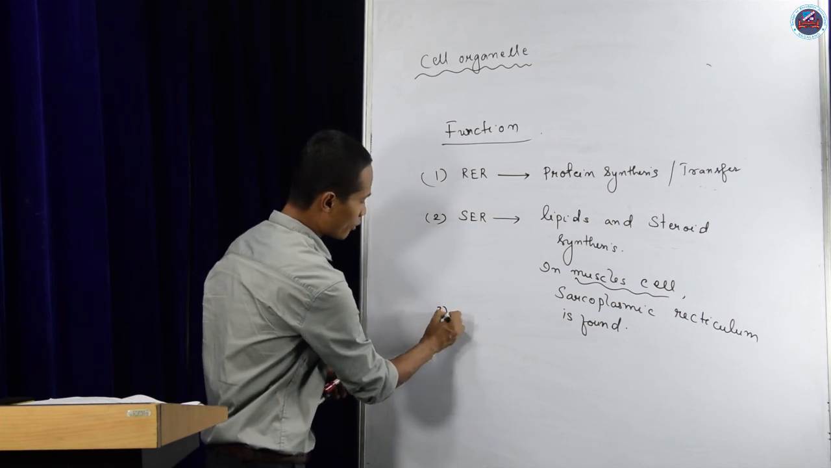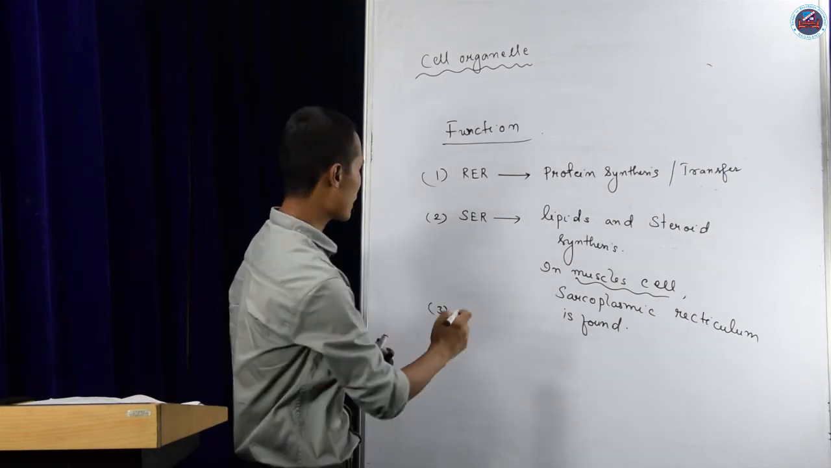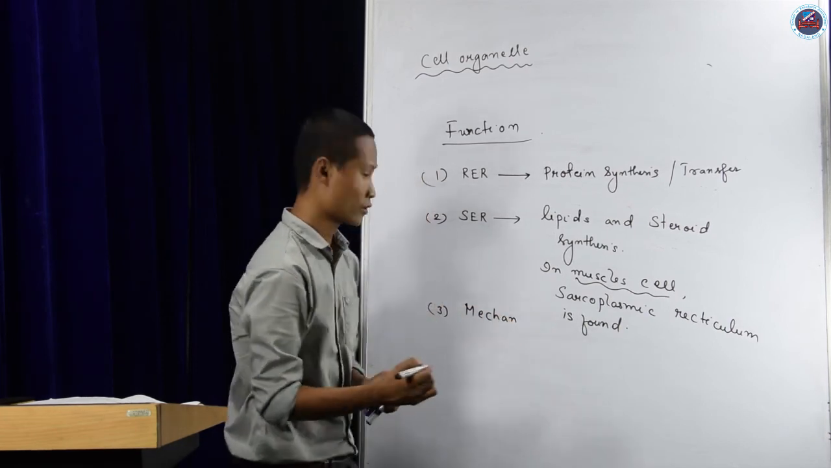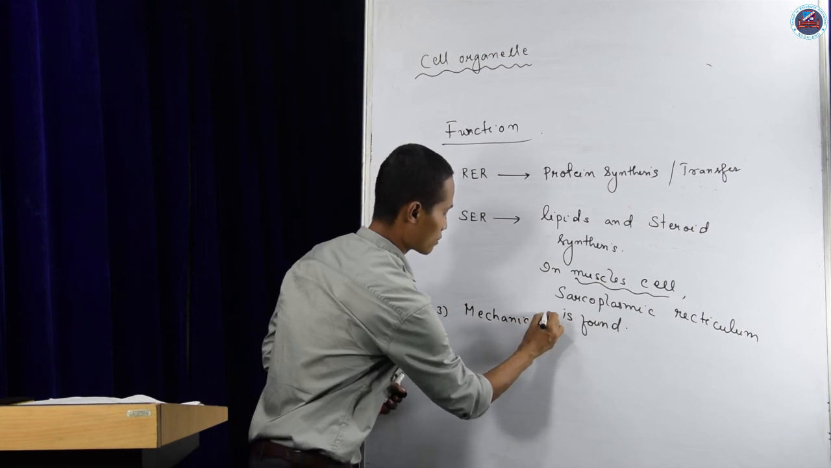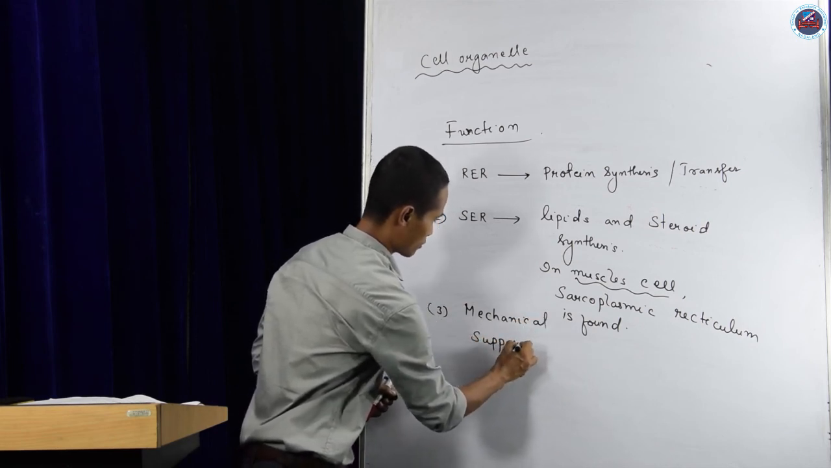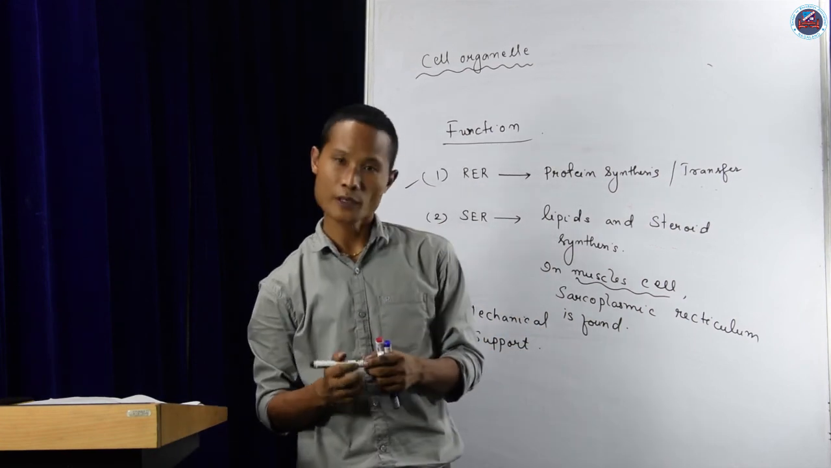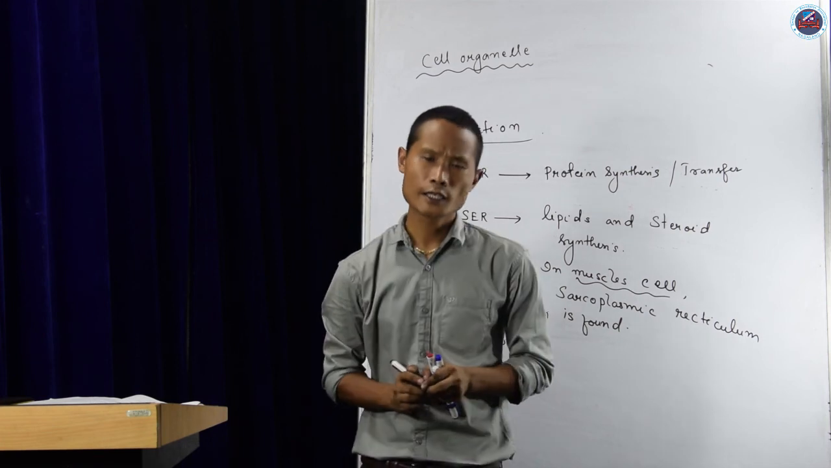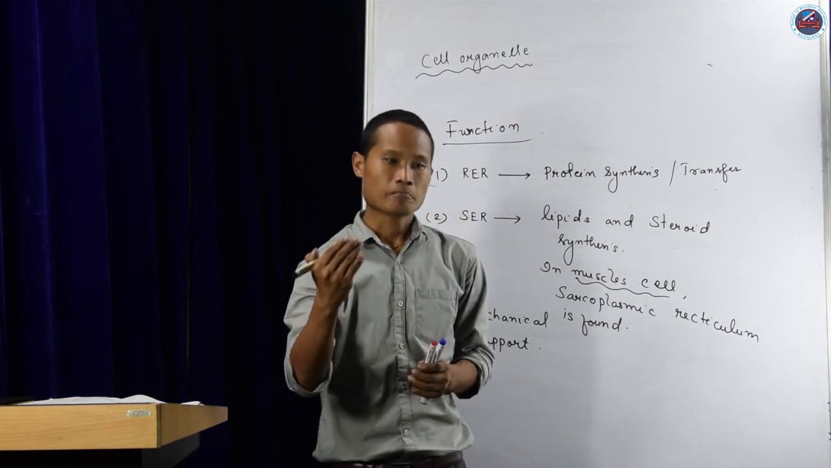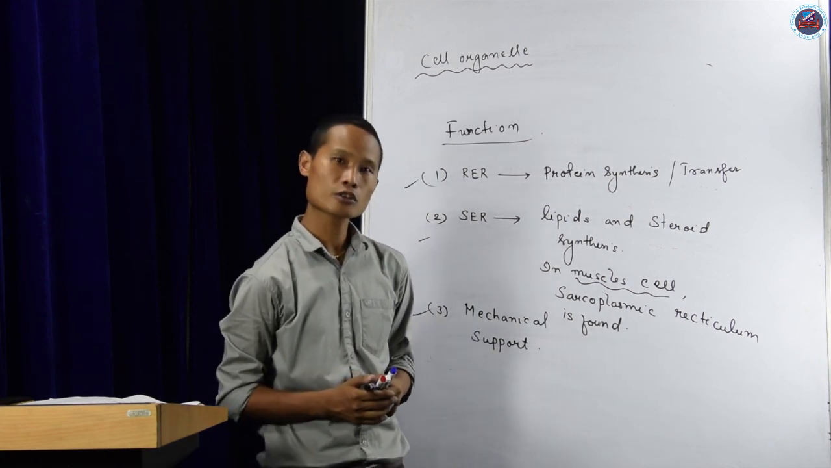The third important function is that it also helps as a mechanical support. It supports the cytoplasm. So these are the three important functions of your endoplasmic reticulum. In the next class, we will discuss the mitochondria, which is an important cell organelle in both plants and